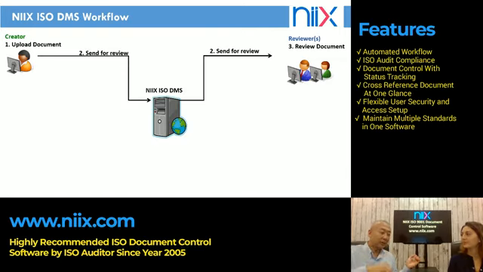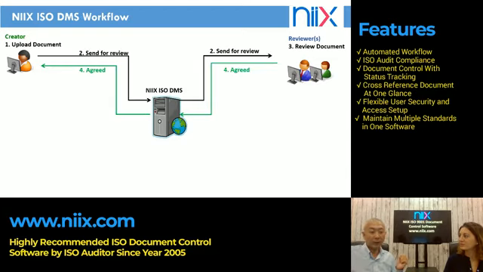So when the document has been sent for review, the system will automatically send an email notification to the reviewers. So there is no such thing as saying that I didn't know I'm supposed to do this or that. So let's say if the reviewer didn't give any feedback during the time frame given by the process owner, the system will automatically send an email notification reminder every day, on a daily basis, until the reviewer completes their task.